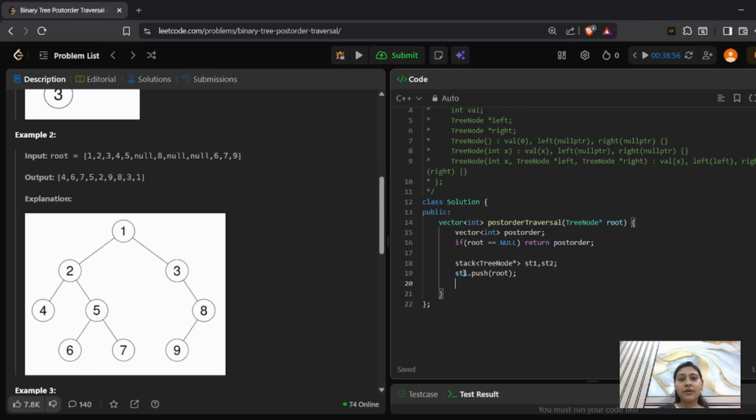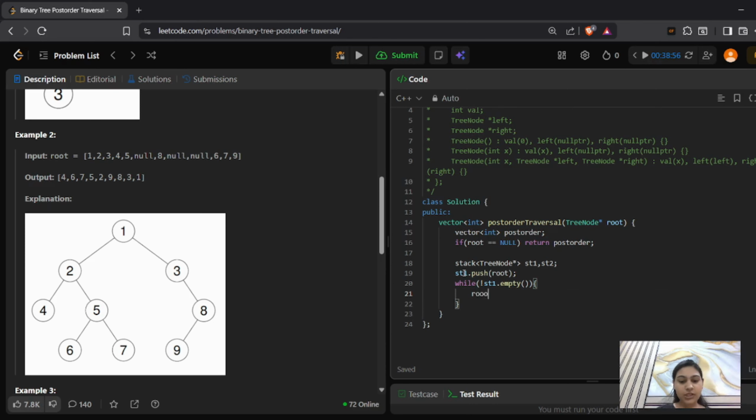Now we'll traverse the entire tree till our stack 1 becomes empty. So we apply a while loop: while stack 1 is not empty, we take the top element from the stack.